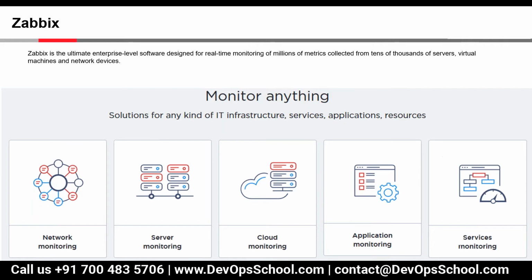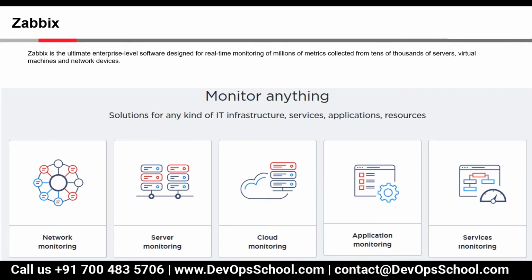By default templates are available, but if we want any custom monitoring, we can create a script, whether in PowerShell or Python or any other language. We can run it through the Zabbix agent, get the respective captured data on Zabbix, and whatever values we get, we can add thresholds.